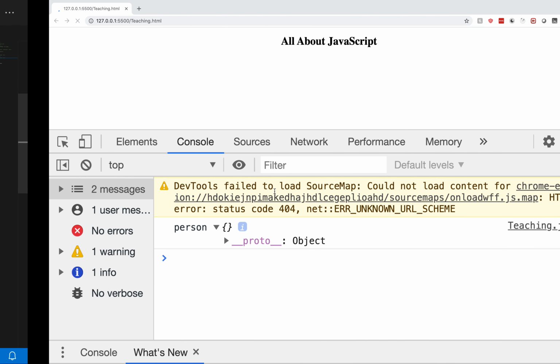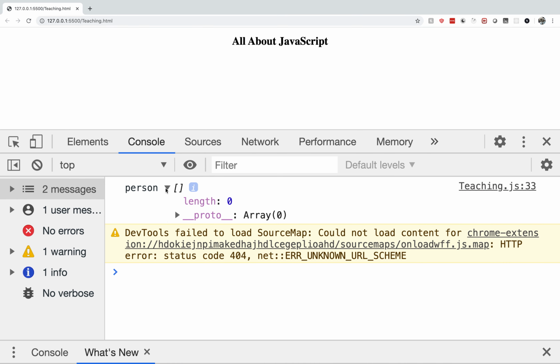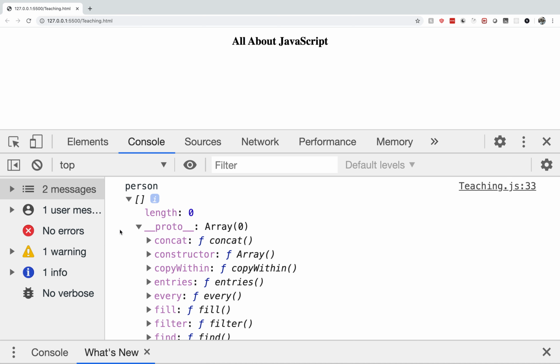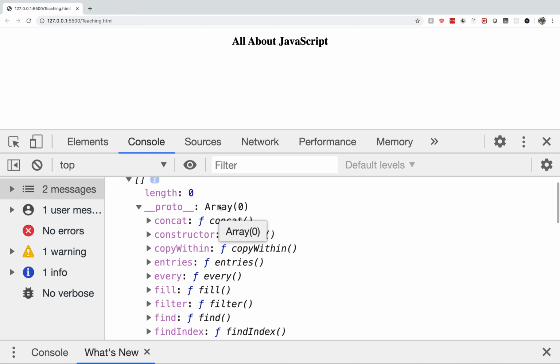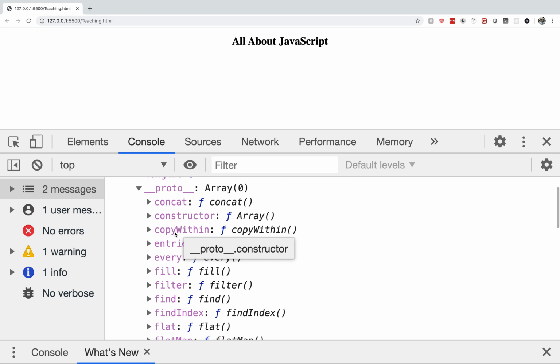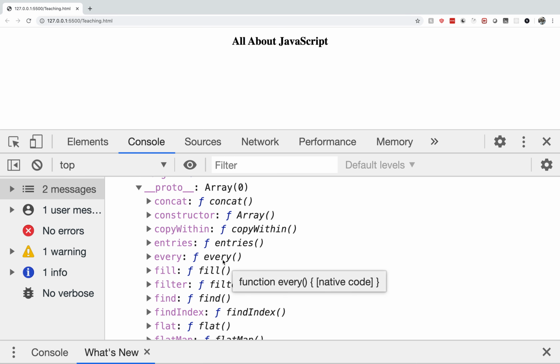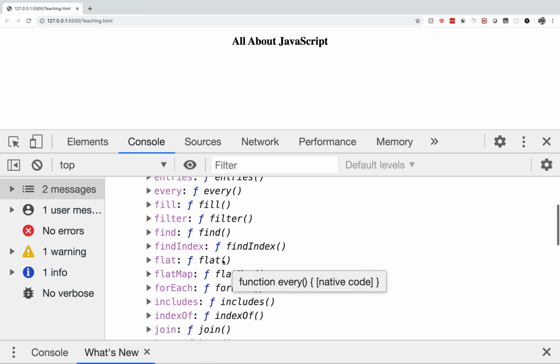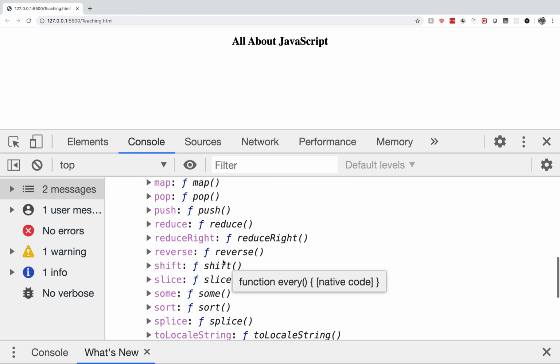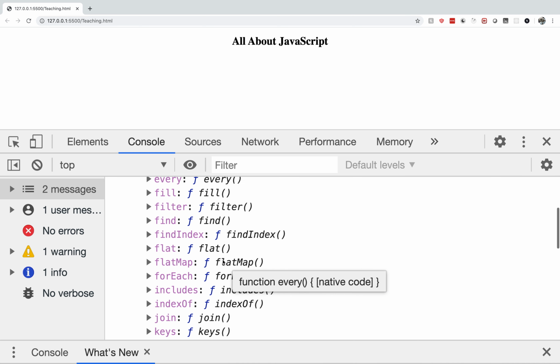This also has a secondary object. If you see, proto has all the methods related to array, like concat, every, fill, filter, findIndex. These are all array methods.